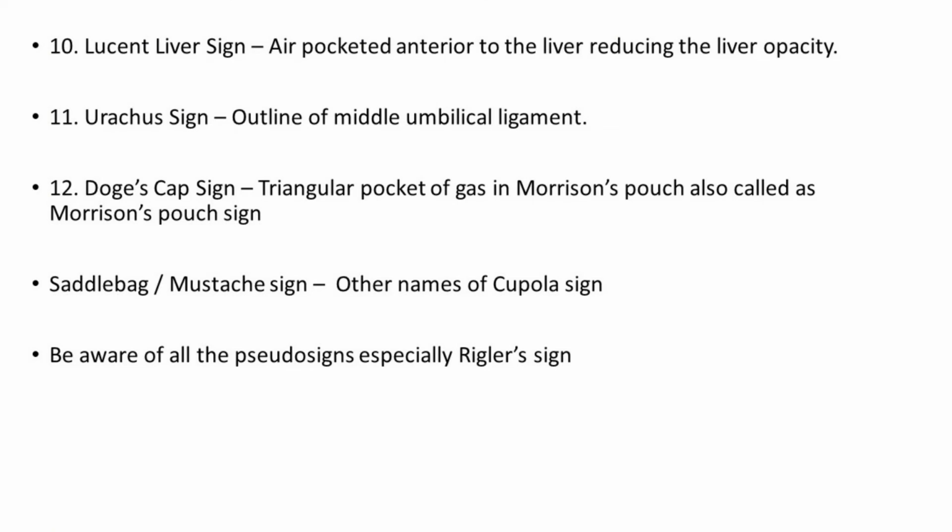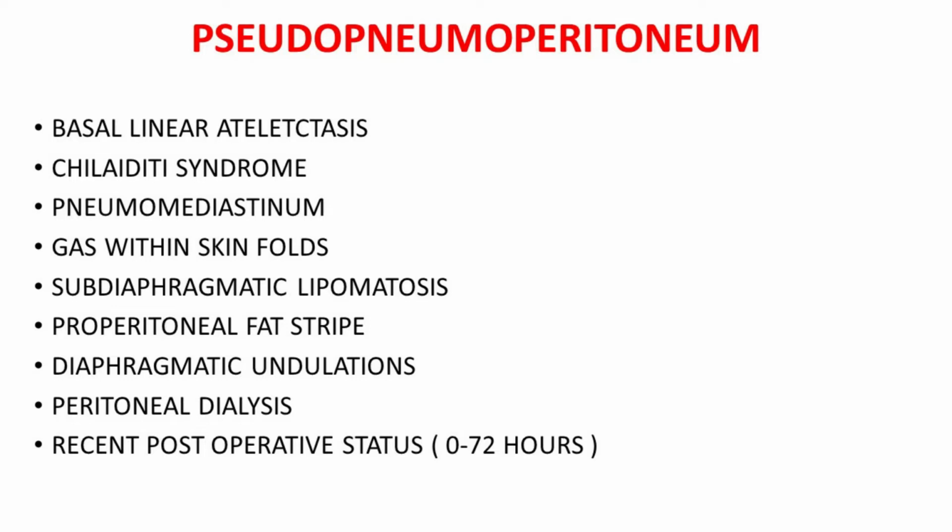Here I am also giving other mimickers of pneumoperitoneum in the acute setting. I am describing it as pseudo pneumoperitoneum because it's sometimes misleading even to the experienced radiologist or the surgeons. Please be aware of all the causes of pseudo pneumoperitoneum, especially in ICU, immediate post-operative patients, and in other signs of acute abdomen. Please go through some of the causes of pseudo pneumoperitoneum I have put in.